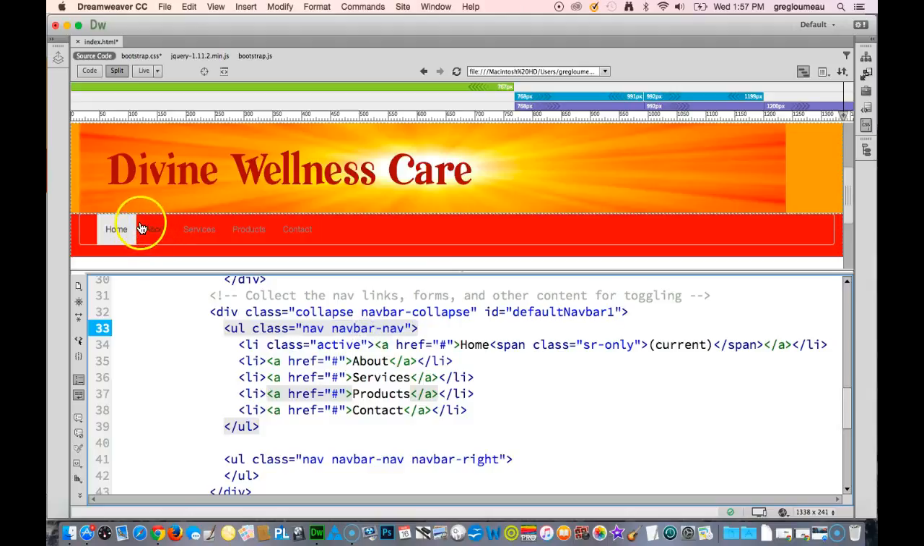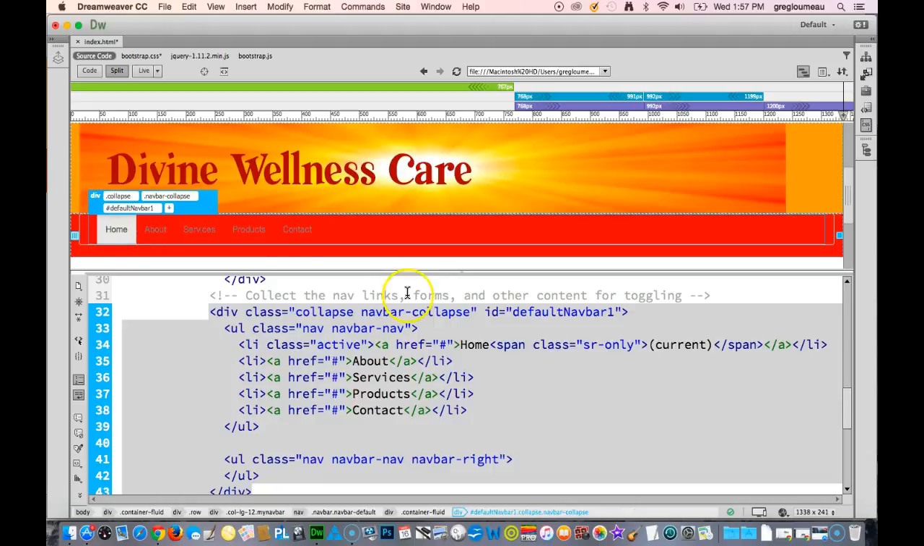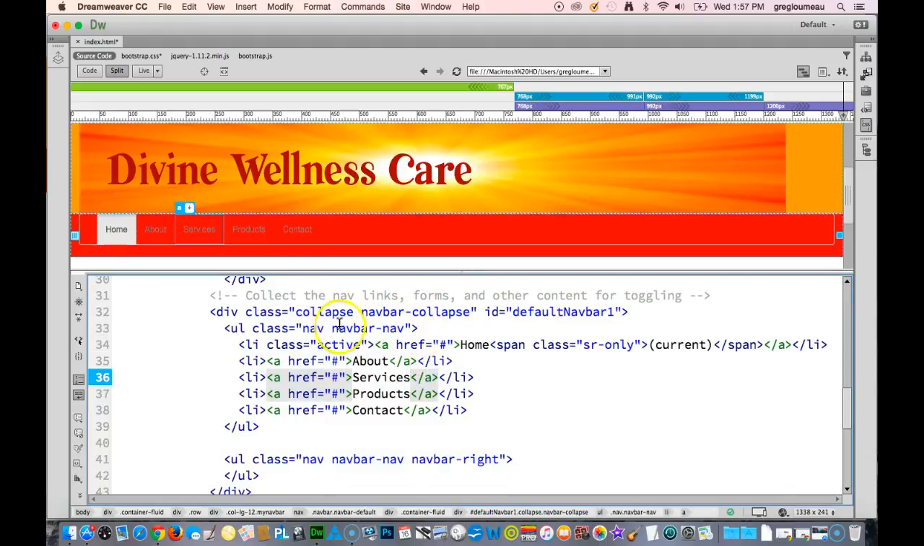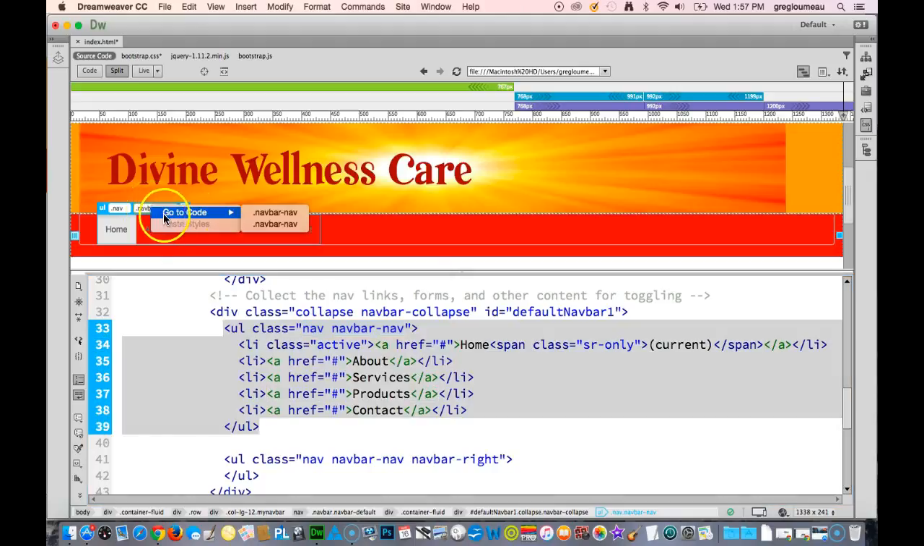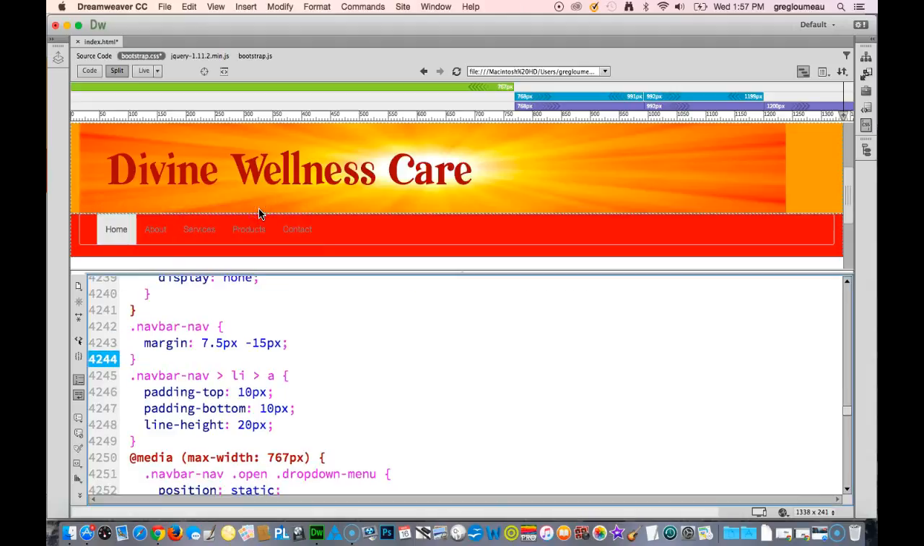So if we click over here inside of our navigation bar, and then we come down here to where it says UL class, and we select navbar. Then that shows up over here in the label on the top of the screen. Hold down our control bar and click on navbar-nav, and then choose go to code and go to the top option there. What you'll see is that there's a style down here called .navbar-nav and then list item and then